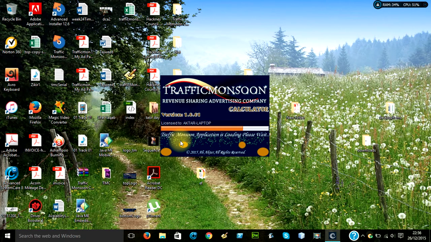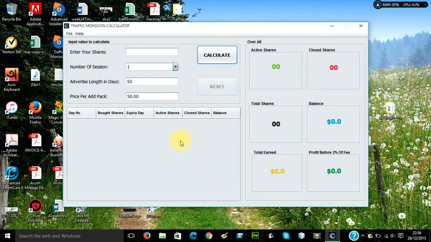So this calculator I built myself, and here the interface is loaded. On the interface you can see some fields, buttons, and some boxes. Inside the boxes there are zeros and dollar signs. I will explain those after. But before I explain, you can see